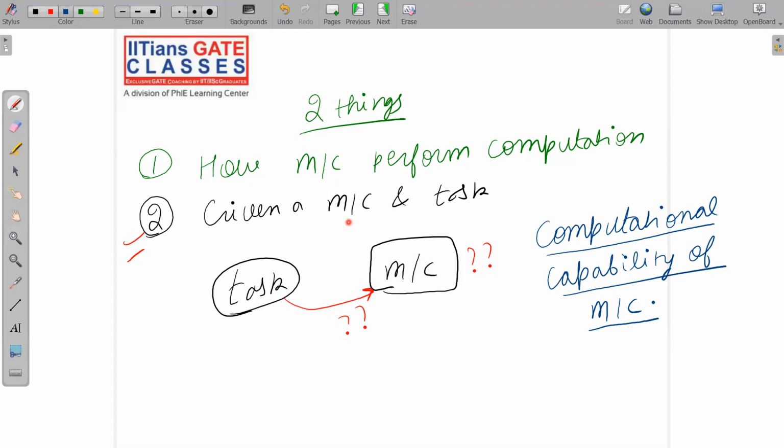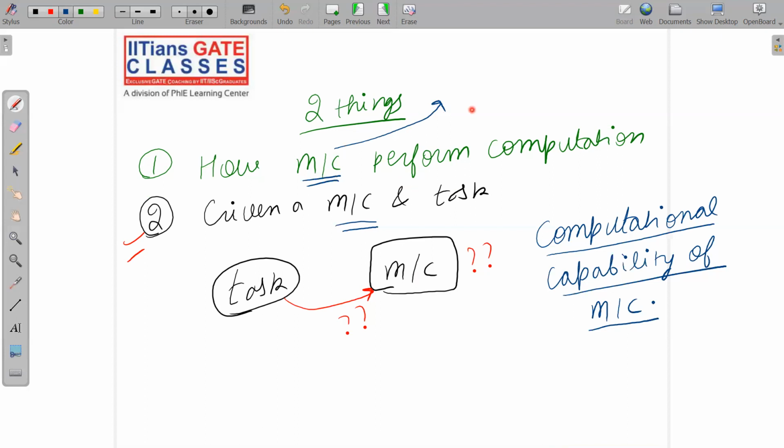I have used the word machine lots and lots of times till now, and you must be wondering what types of machines we are going to study in this subject. We are going to study abstract machines. Abstract means imaginary machines, that is, machines which do not exist in the real world. We will study some theoretical machines, you can say it like this also.